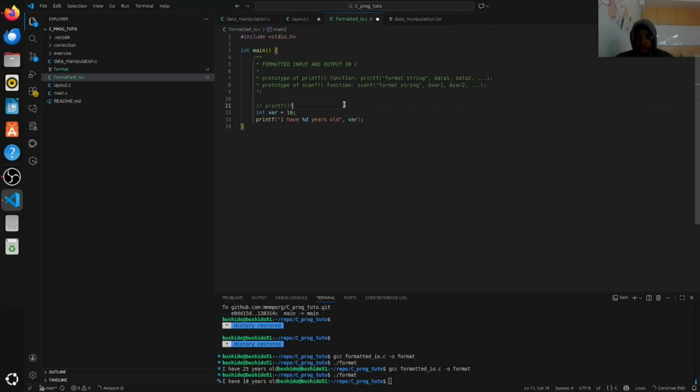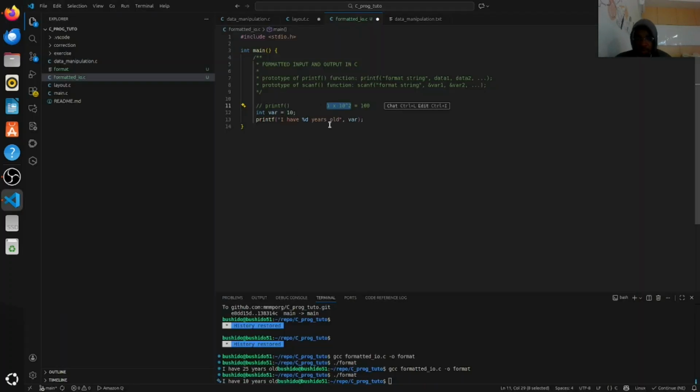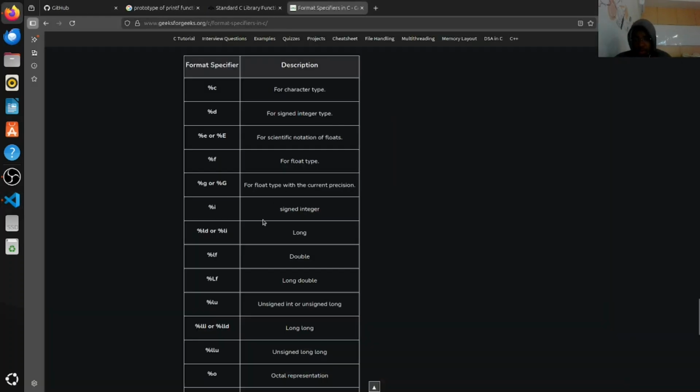It looks like 1 times 10 exponent 2 is equal to 100, okay. That is what we call scientific notation of floats, okay. You can have 1.2, because it is just for floats, and it gives me 120,